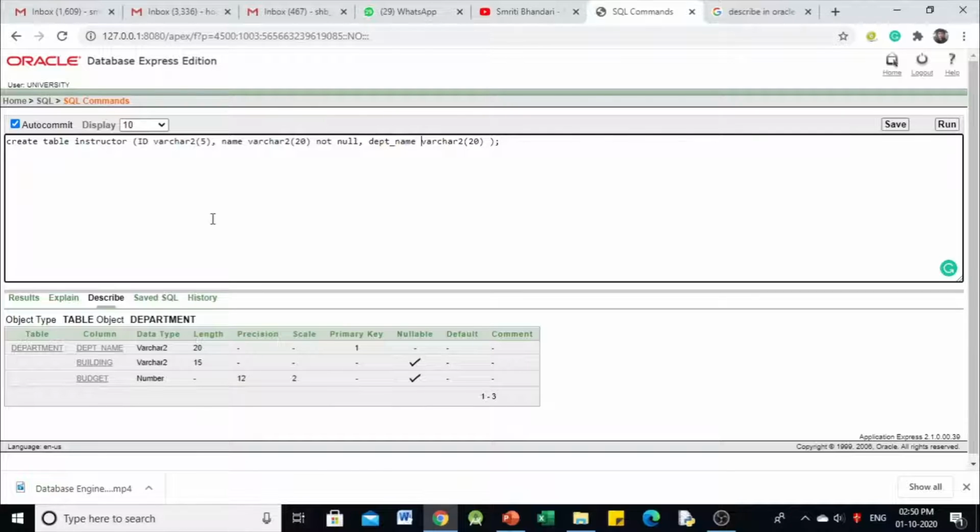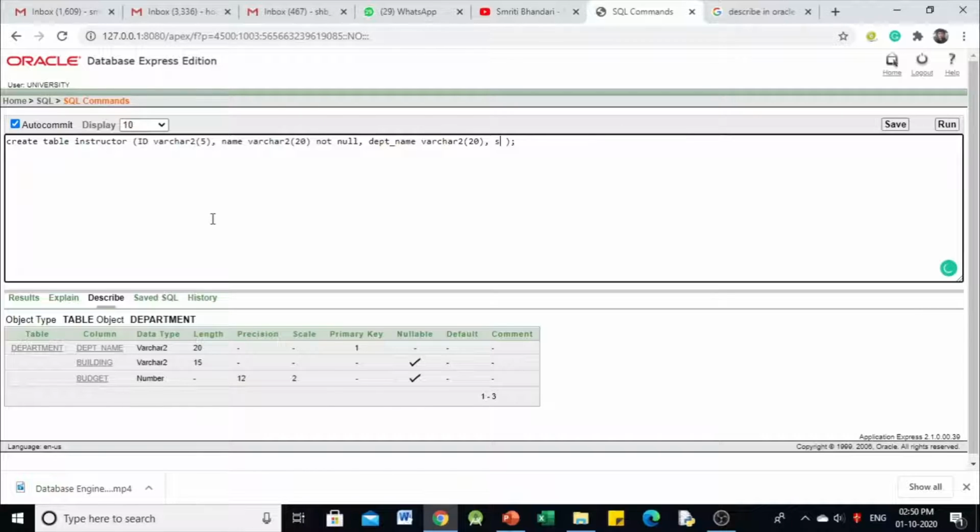So whatever is the data type of department name in department table, the same data type and the same length of the attribute we should have here for this department name attribute, because we are going to borrow this attribute from department table. Department name we are going to designate as the foreign key. So department name varchar2 20.